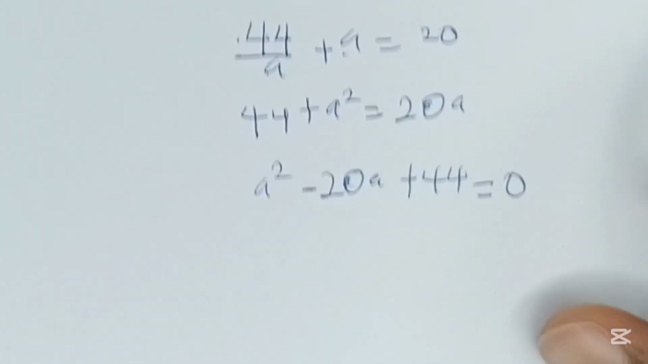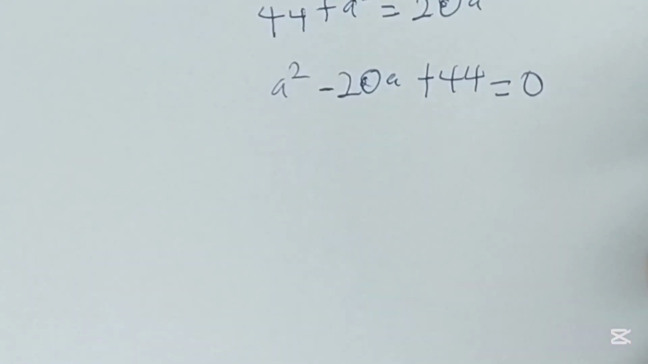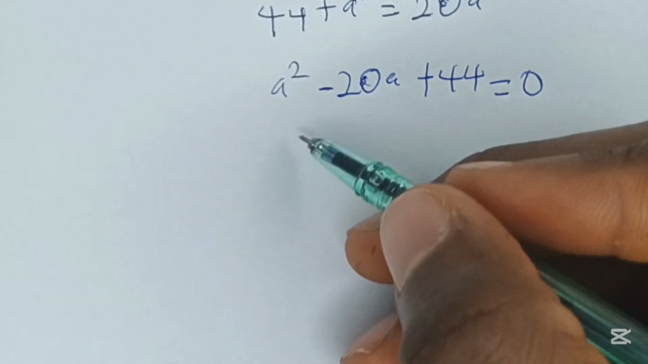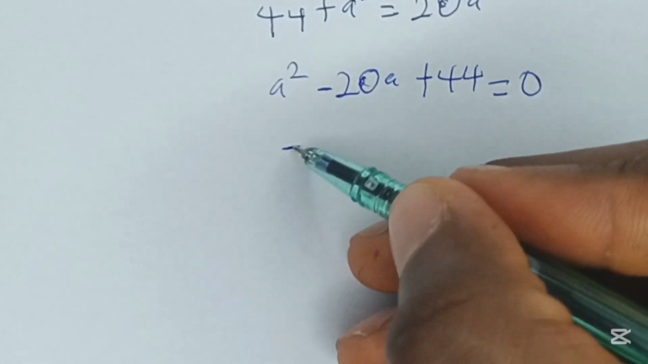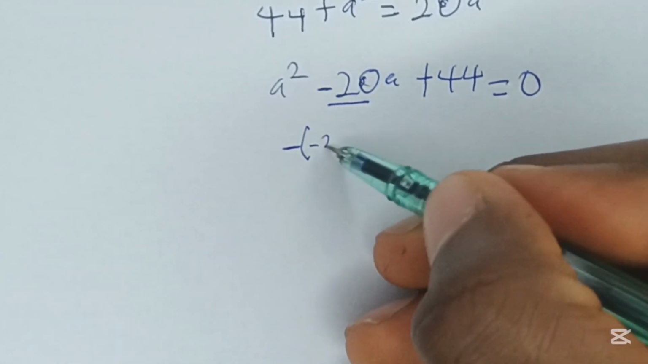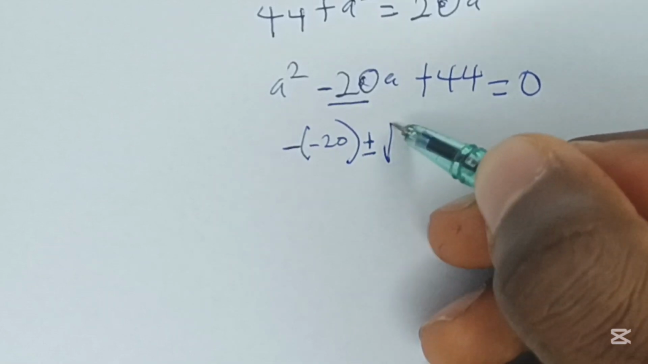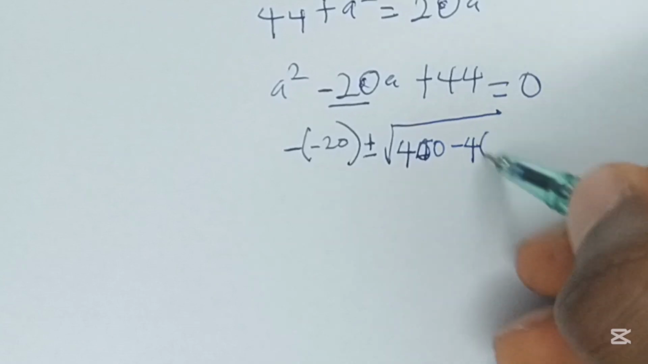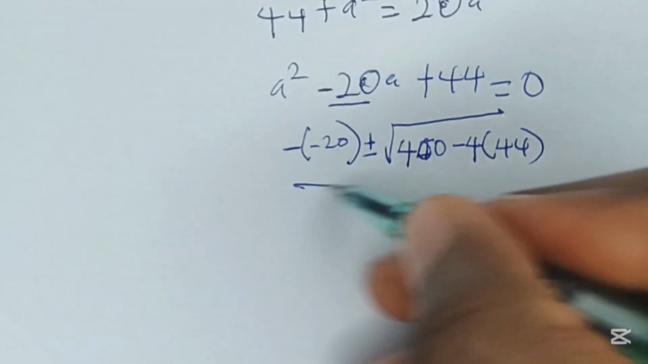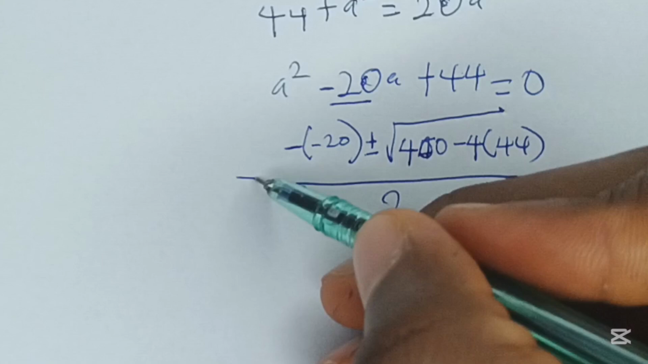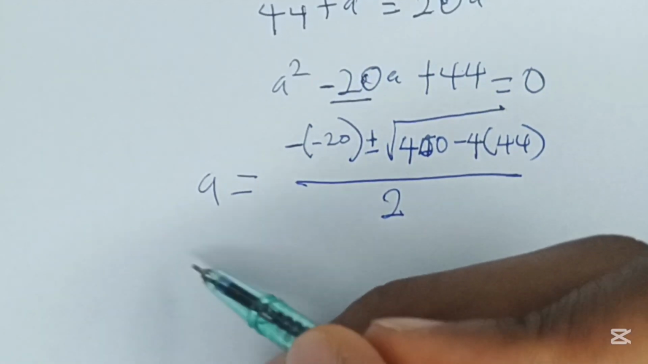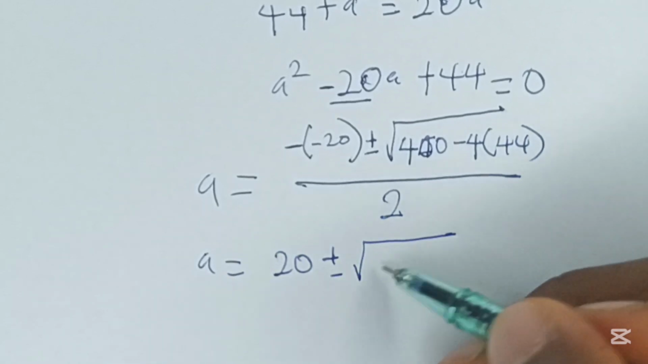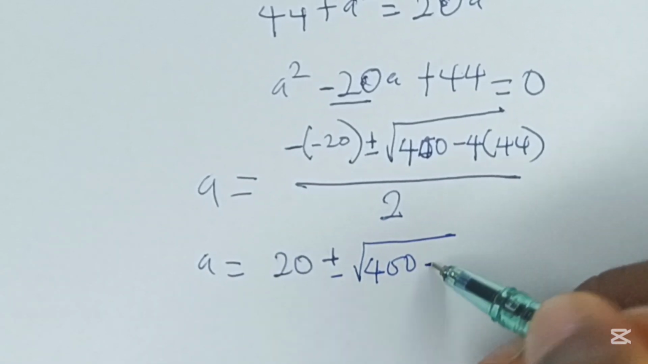Alright? Now, moving on, let's solve this using the formula of quadratic equations. Okay? So we can now say that a is equal to minus this, which is minus 20, plus or minus square root of minus 20 squared, which is 400, minus 4 times this, all over 2 times 1, which is 2. Right? Hence, a will become equal to 20 plus or minus square root of 400 minus 176